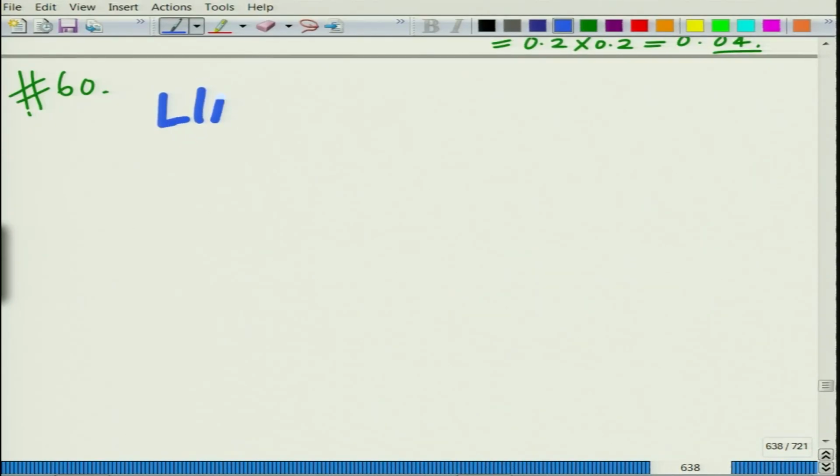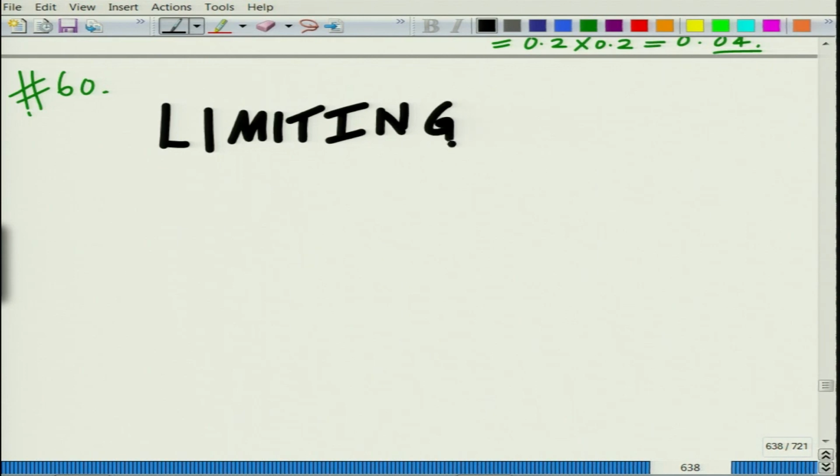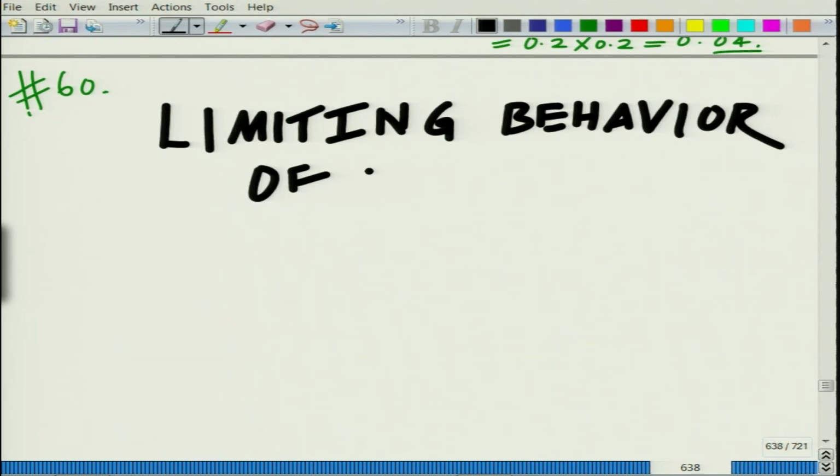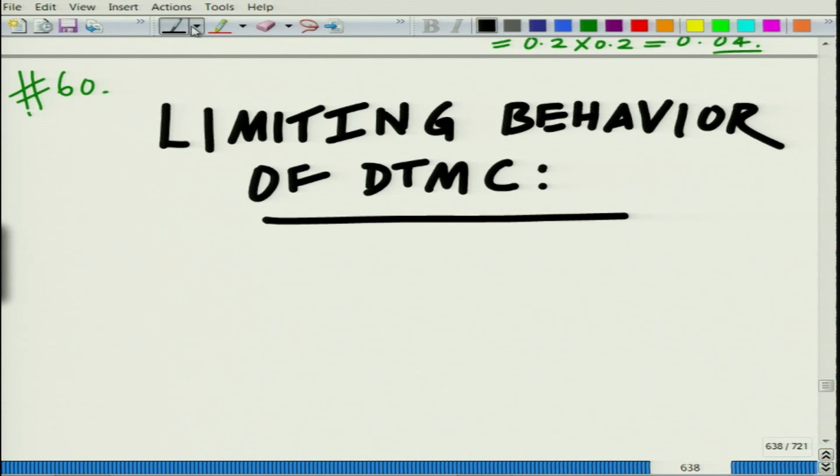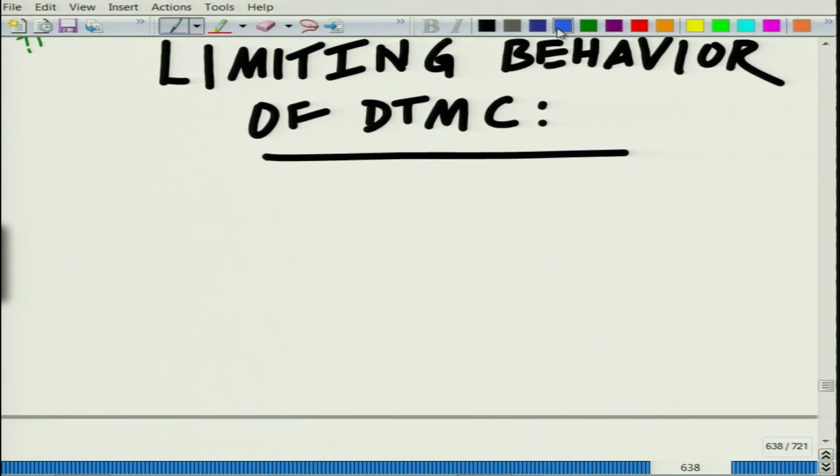We want to look at the limiting behavior of DTMC. What we will do, let us look at Xn,